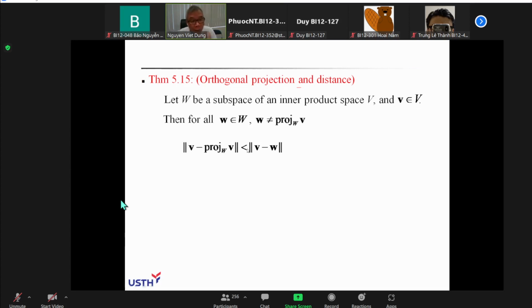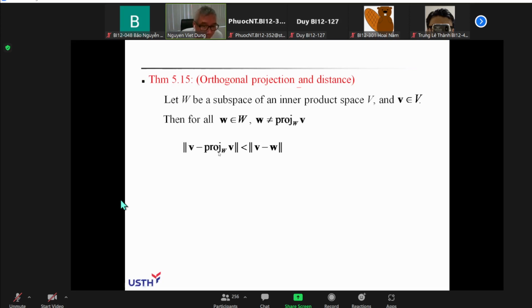Now, if you consider any vector w of the subspace, and suppose that w is different from the projection of v on W, then